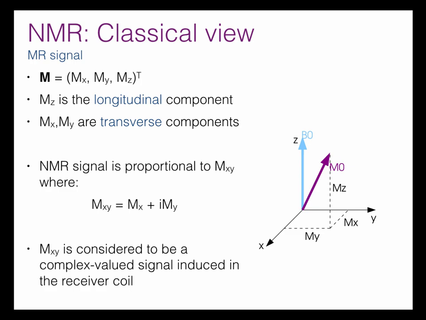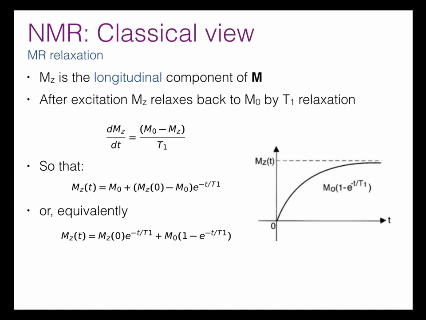Basically what's happening is, as the magnetization precesses around the Z-axis, it induces a voltage in a pickup coil that's aligned inside the magnet. We pick up a signal that we can consider to be a complex-valued signal, MXY, which is basically MX plus iMY. So how does it relax back to equilibrium? The MZ component, the longitudinal component,